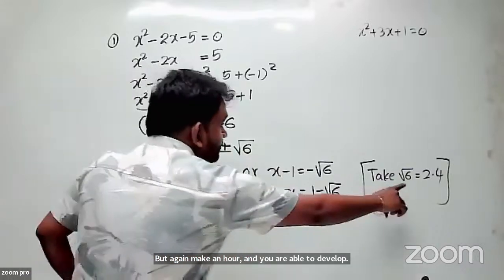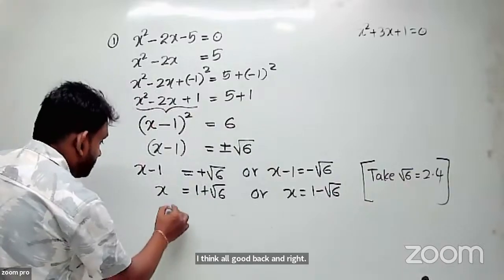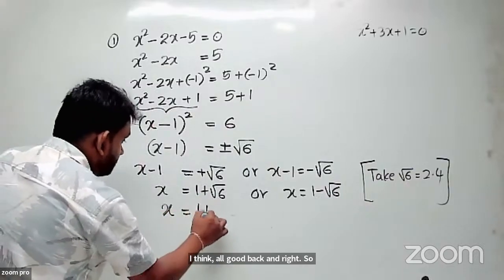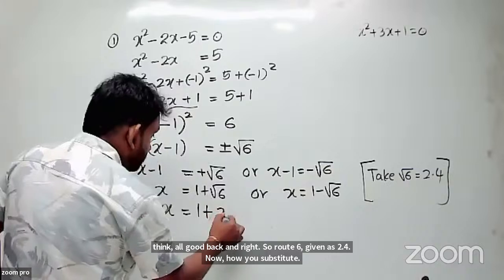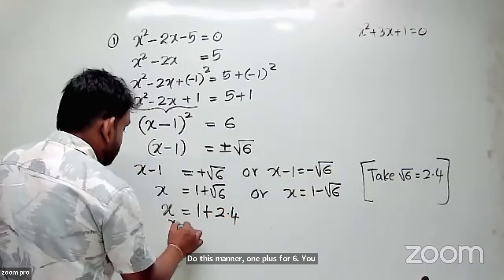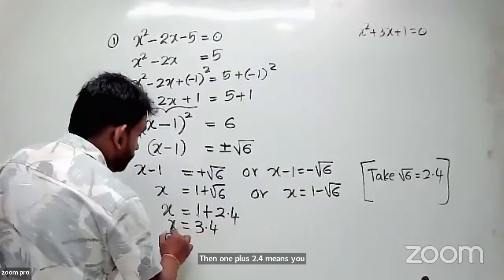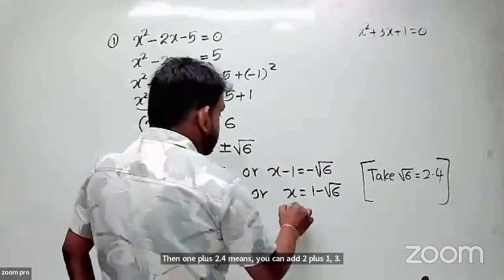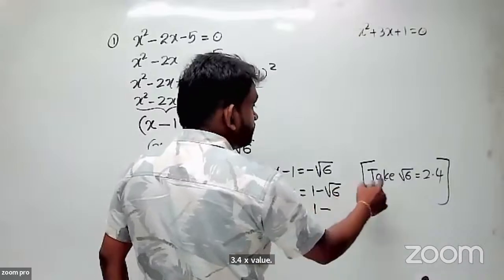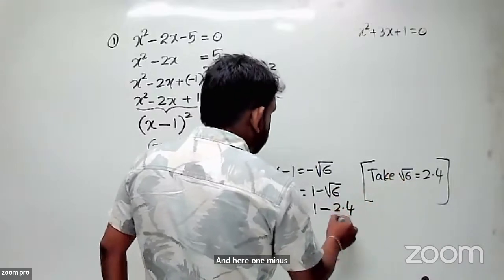Right. So root 6 is given as 2.4. Now how do you substitute? Do it this way. 1 plus, for root 6 you substitute 2.4. Then 1 plus 2.4 means you can add 2 plus 1, 3, so 3.4 for the x value. And here 1 minus root 6, that is 2.4. Right, then